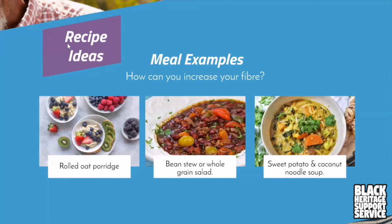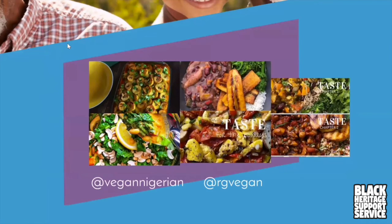And recipe ideas. So these are two of my favorite bloggers right now. We have the vegan Nigerian who has a plantain shepherd's pie that she's done with lentils, and she's also got a coconut curry here. And then we have RG Vegan, who is a British Jamaican young talented chef. He makes these delicious meals, as you can see, that are so colourful and definitely don't compromise on taste and